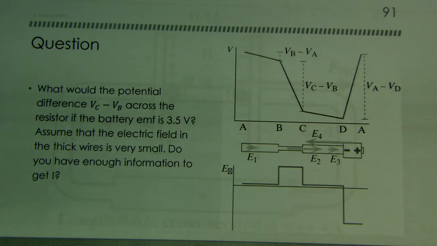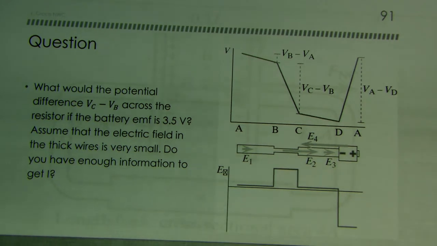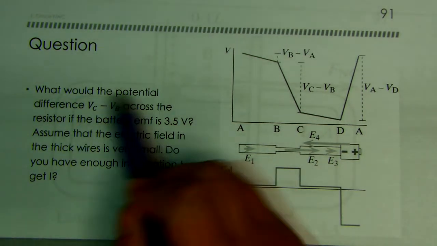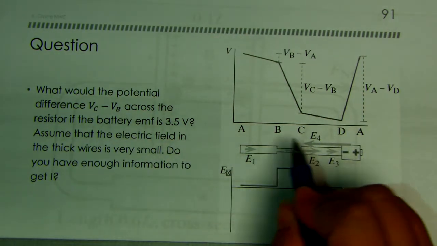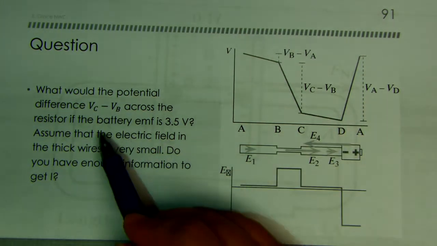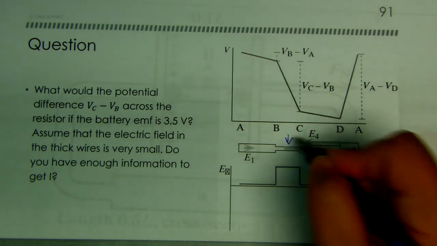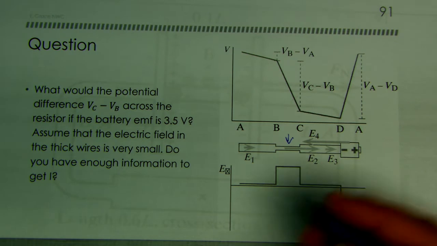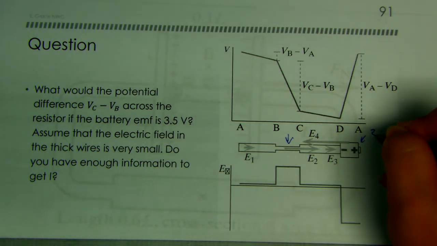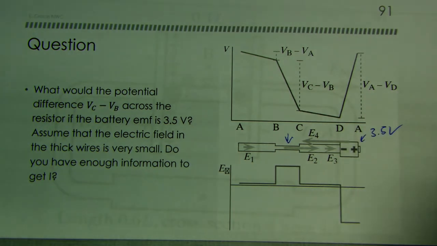All right, so I'm going to be recording the answer to another question on the slide. This is a new question that I added since I posted it: what would the potential difference VC minus VB be? So we're looking at this section across the resistor. This is the resistor here. If the battery EMF is 3.5 volts, we can see that our battery is right here,